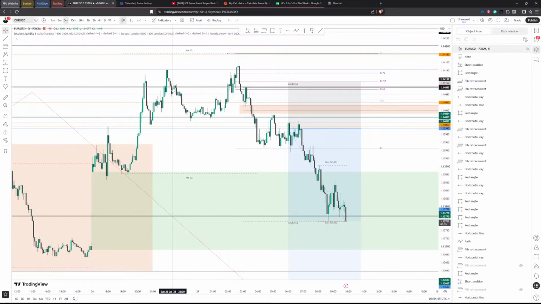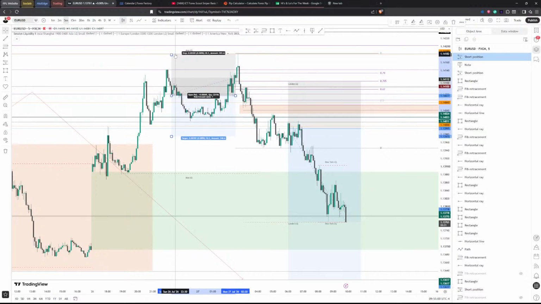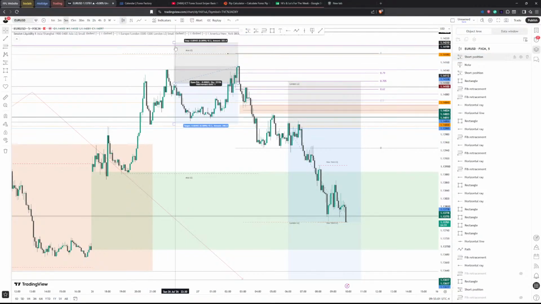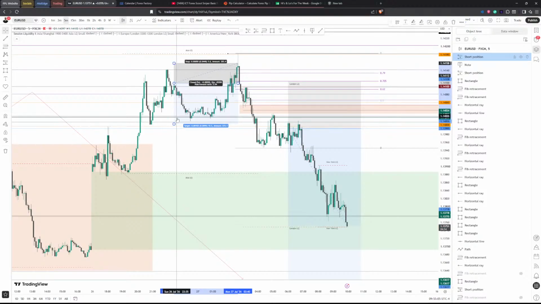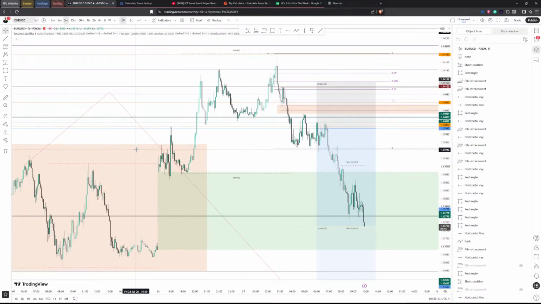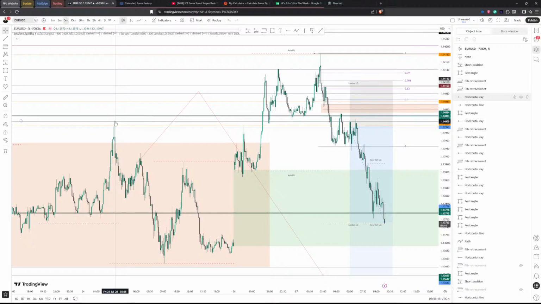Yeah, there's no clean fair value gap. Maybe here, but if you had got in here, what would have happened? You would have been taken out, even if you had a good stop loss, which would have been for me around about here. So I would have been taken out over here, which, remember, is the liquidity sweep. So we had the liquidity sweep of this daily high, which is from last week Friday, that high there, which we said is almost equal to this 1-4 level.